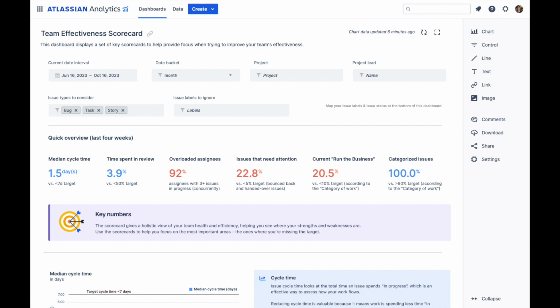Time spent in review displays the percentage of time during the last 4 weeks that issues were in review. The review process can be a bottleneck in team workflows if it is taking too long. If the time spent is greater than 50%, consider efficiency improvements such as increasing the priority of reviews. The review process is important, but long review times could be an indication that issues get stuck waiting until someone